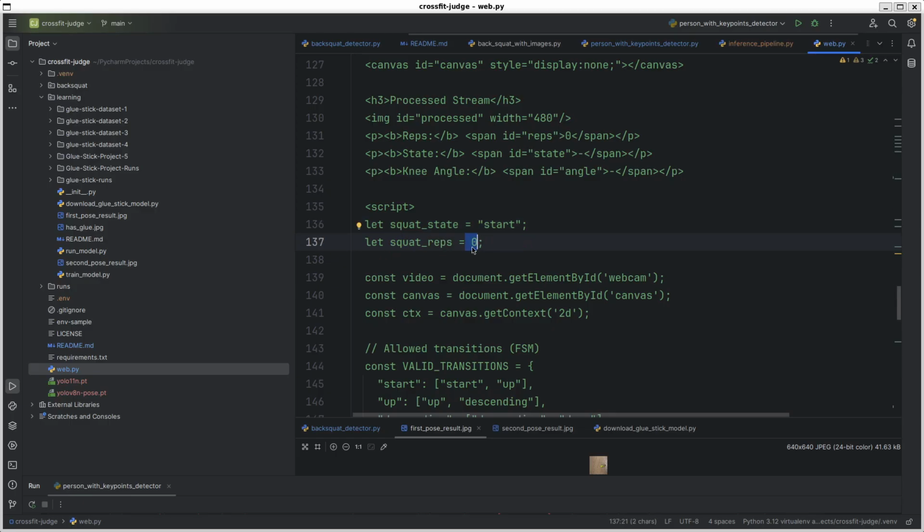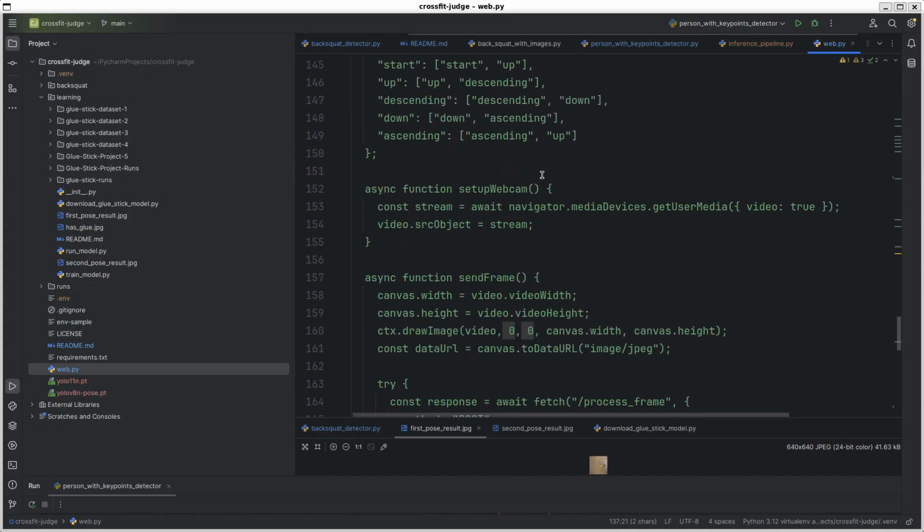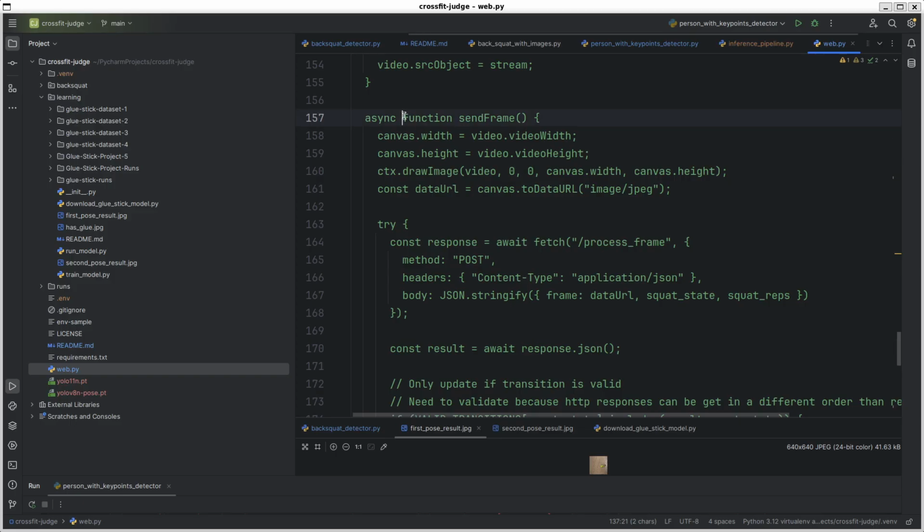And what I have done, I kept the state on the web page itself. So several people could access the page and have their counts on there. You can see the function sendFrame. So I'm sending images to the server to be processed and sending together with it the data about it.